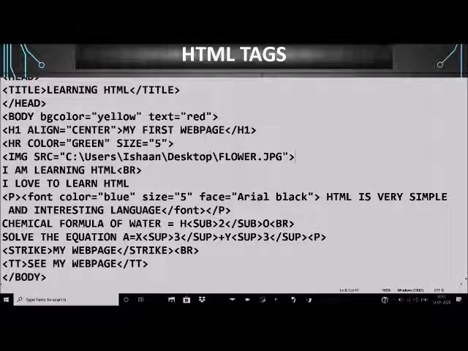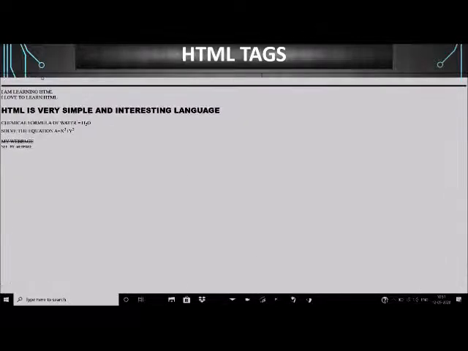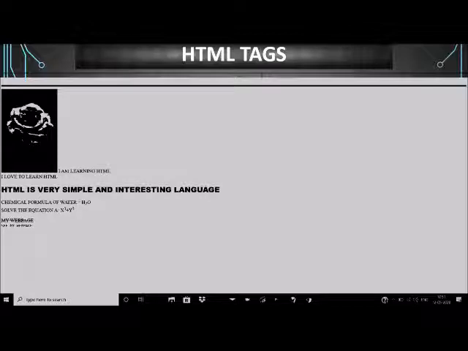Now we will save this and we will see whether the image is inserted in the document or not. See, this is the image. By default everything appears on the left side of the image, but if we want to change the size of the image, we can either reduce it or we can increase it.